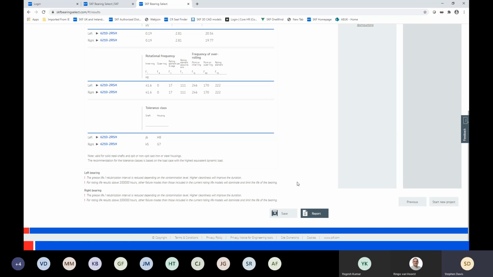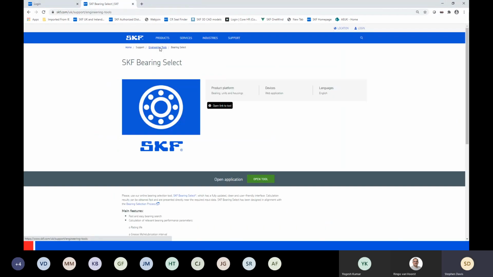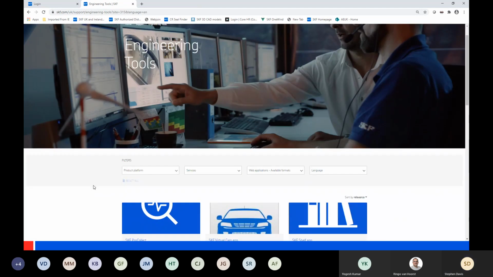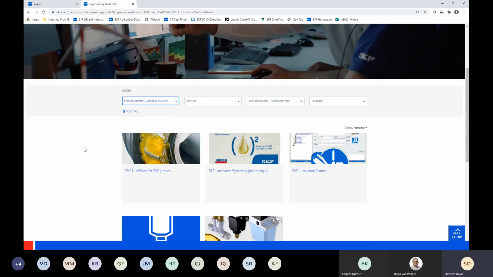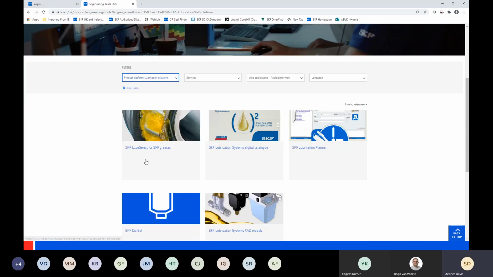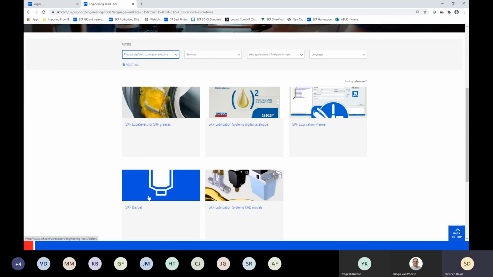So hopefully that gives you an overview of Bearing Select, which you can build on by going away and running through some examples yourself. What I'd like to do now is just move on to Lube Select. Go back to engineering tools. We filter for lubrication solutions, and we'll come through and find we've got Lube Select and DialSet. So if we click on Lube Select,